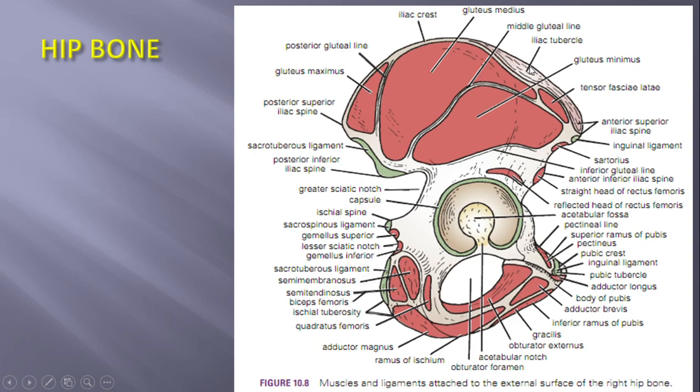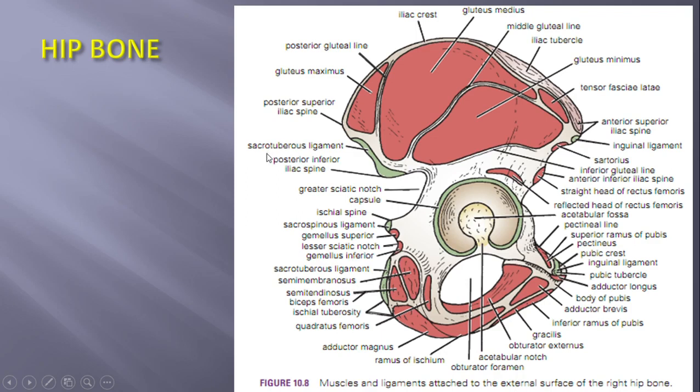Now, looking at the anterior border of the ilium, we can see that there is an attachment of the straight head of rectus femoris on the anterior inferior iliac spine. Just behind that straight head, just above the acetabulum, there is the origin of the reflected head of the same muscle, rectus femoris. Then looking at the posterior border of the ilium, we can see the attachment of the sacrotuberous ligament just